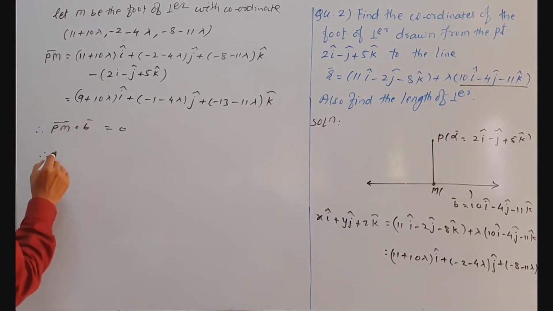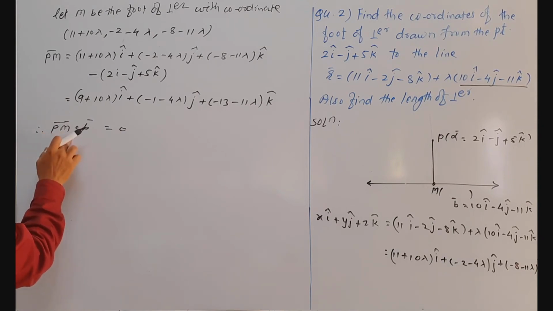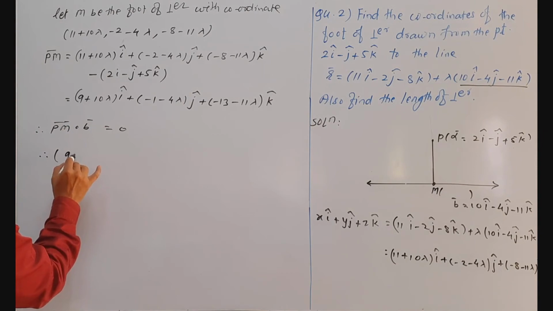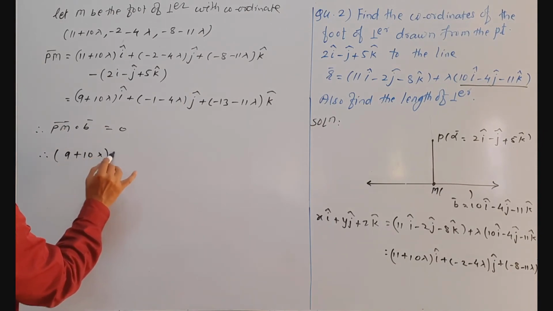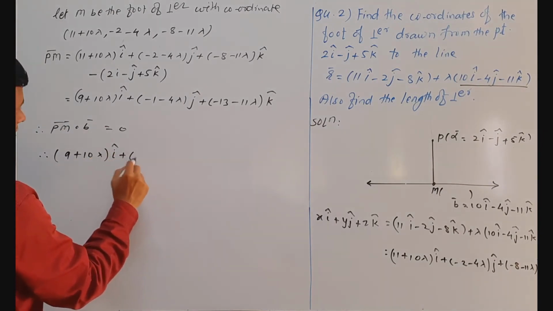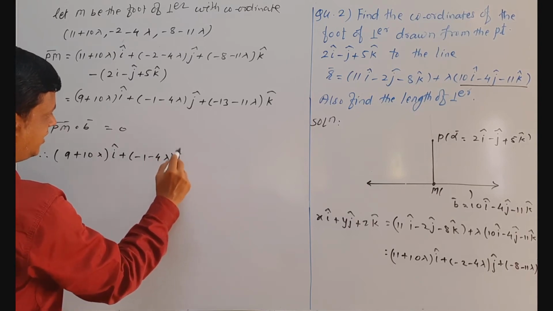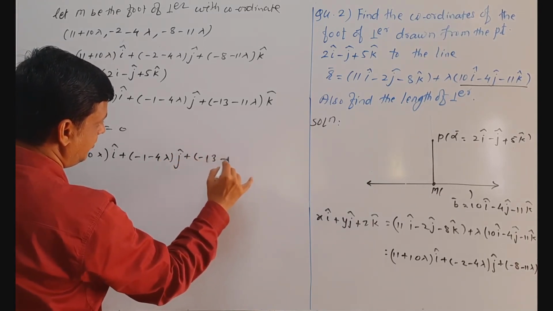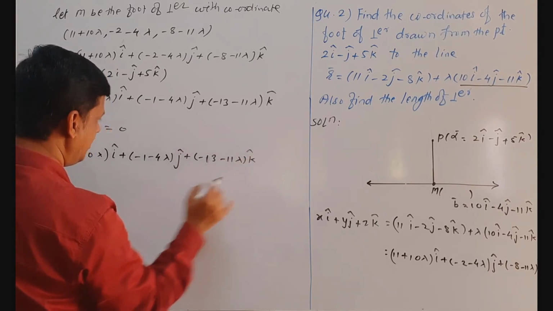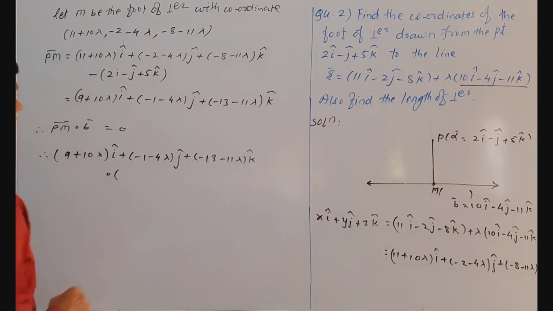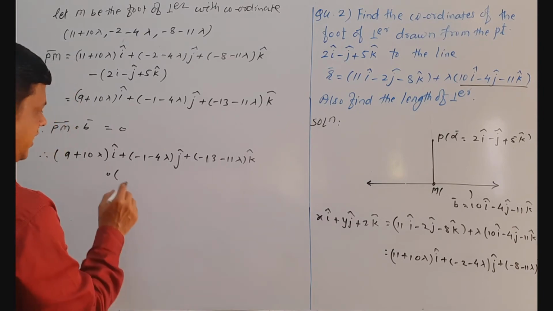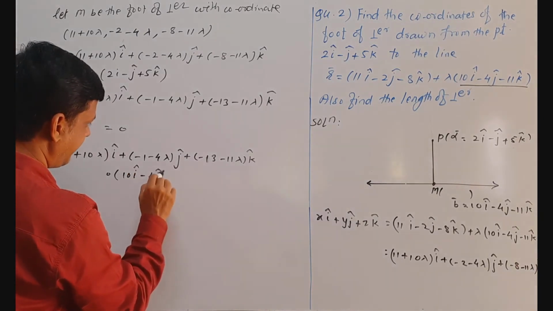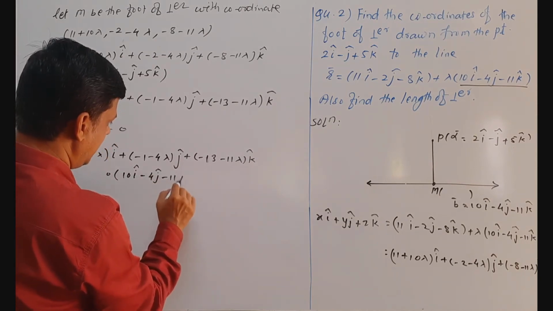Therefore we write the value of PM and the value of vector B: (9 plus 10 lambda)i plus (minus 1 minus 4 lambda)j plus (minus 13 minus 11 lambda)k dot B bar, which is 10i minus 4j minus 11k,